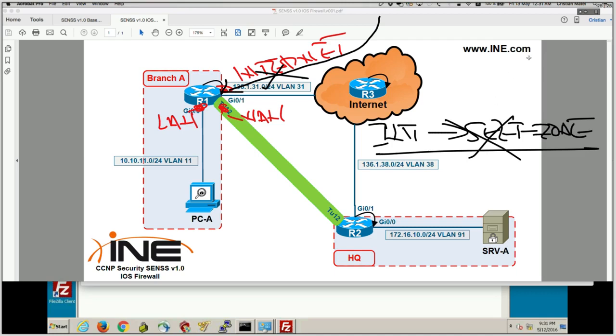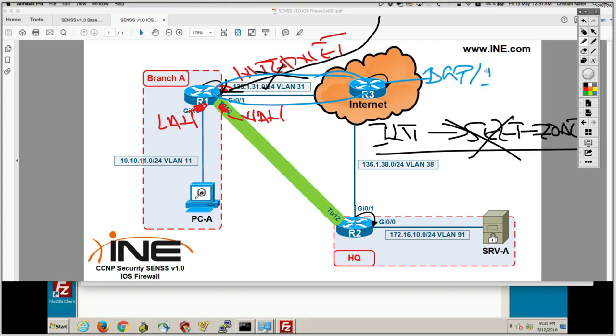Except, of course, I have to allow the routing protocol which I speak with the provider. If that is BGP or some kind of IGP, I want to make sure that that protocol works, but only from the provider's IP address. Okay? If I use static routing, then I don't have to allow that. I'm just going to build a firewall policy which states traffic from the internet to the self zone, drop it all.